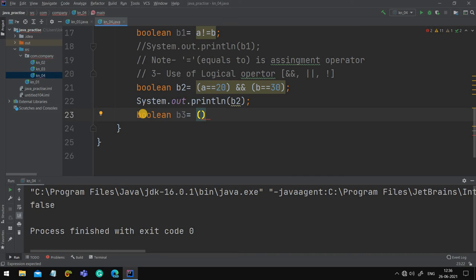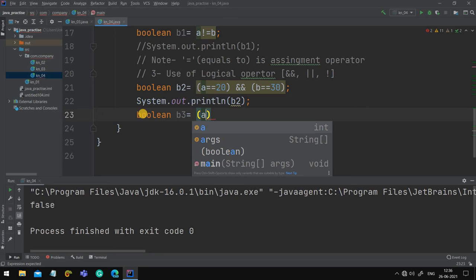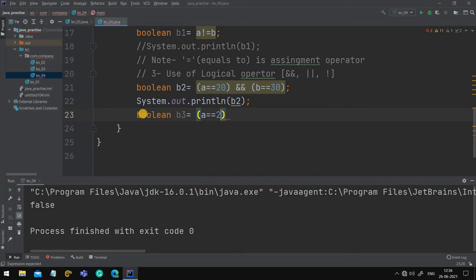Now we have to use logical OR. Okay, so here also we require two conditions. Let me make the first condition, taking the above example only, A is equals to 20, and B is equals to 30.